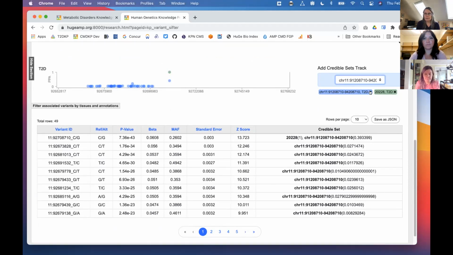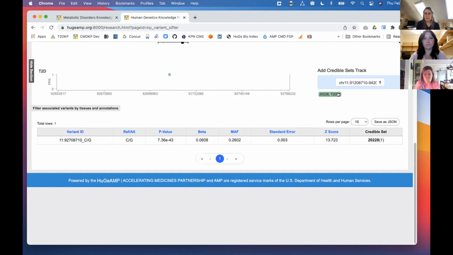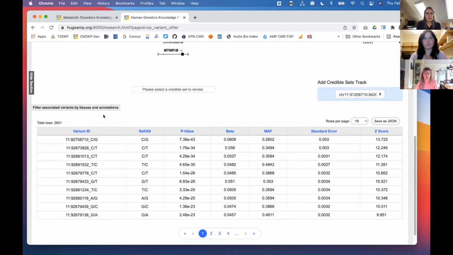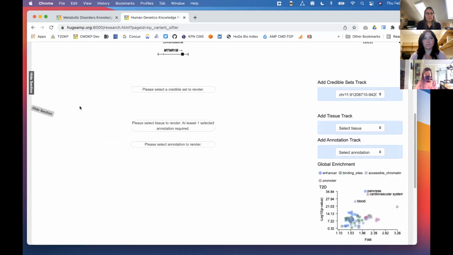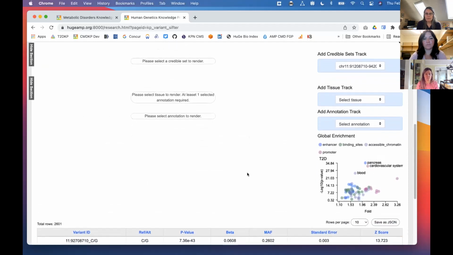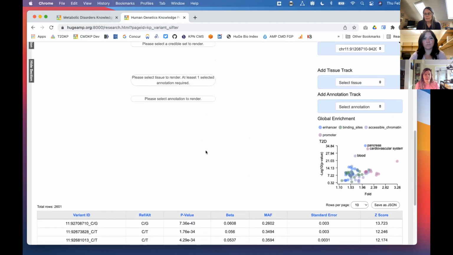So now I'm going to get rid of these credible sets to get us back to our initial large set of variants, because I want to illustrate another type of filtering. In addition, you can filter by tissues and annotations. I think you're all aware that, as Noel mentioned before, our sister resource, the CMDGA, aggregates and processes epigenomic annotations that reflect the regulatory potential of different regions across the genome.